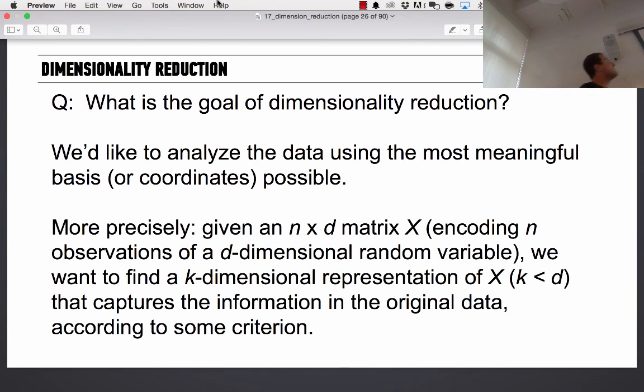More precisely, given an n by d matrix X, n rows and d columns, so essentially n observations and d dimensions, d features, d predictors, and I'll use our terminology X as our predictors matrix, we want to find a k-dimensional representation, where k is less than d, that captures the information in the original data according to the same criterion.